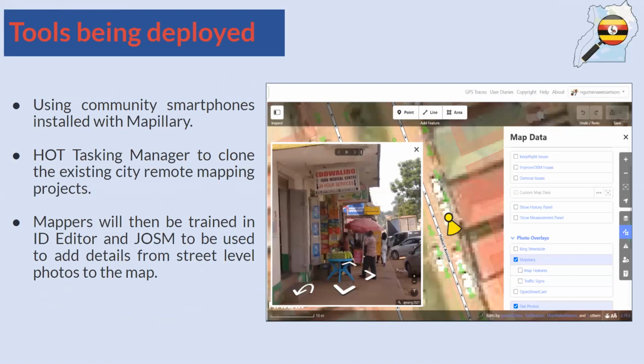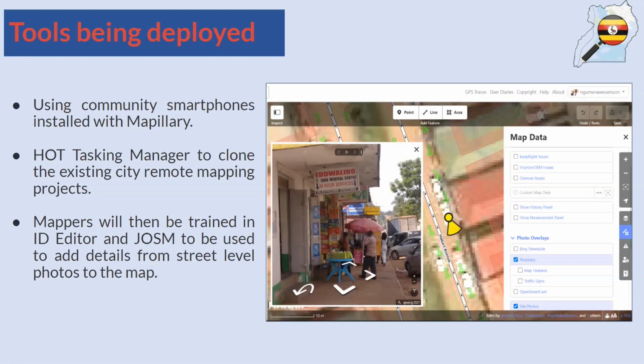So, in this project, mainly, we are using community-owned smartphones to deploy on streets and capture these street level photos. Then after these photos have been uploaded to the Mapillary platform, we use the HOT Tasking Manager, which is a web-based collaborative platform that is used for managing mapping.